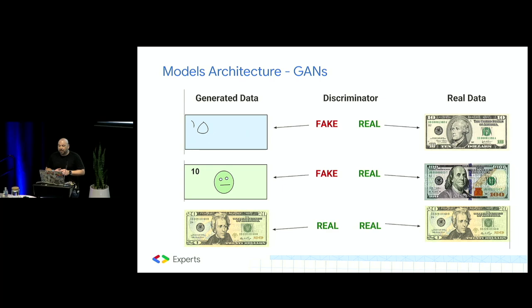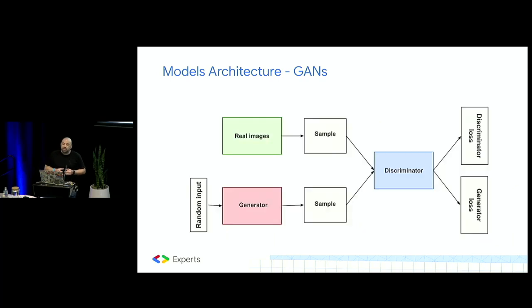I like to think of GANs as an art forger trying to create counterfeit paintings, and an art expert trying to detect them. That's the basic idea behind the generative adversarial network. Essentially, it consists of two neural networks in a constant battle: the forger that creates new data, and the discriminator, the expert, that tries to distinguish between real and generated data. This competition actually pushes both models to improve and create results like the one you have seen before.